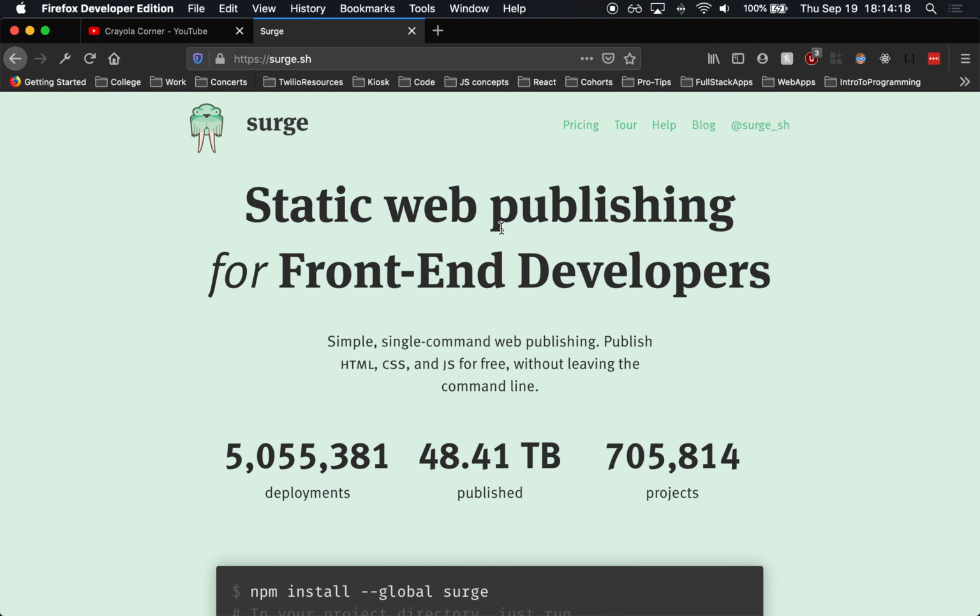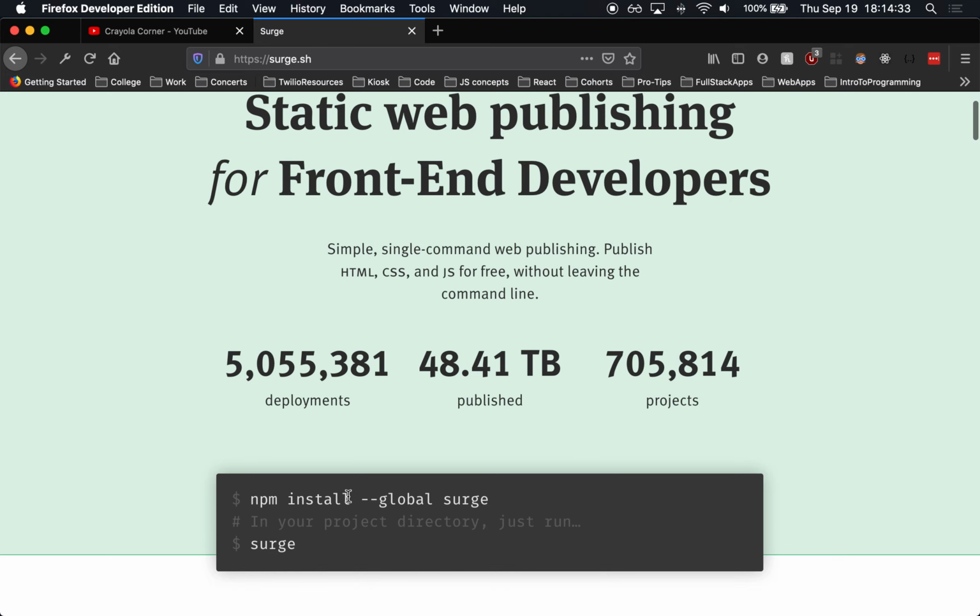I just wanted to show you this tool called Surge, which can allow you to deploy your front end with basically no problem at all. Surge is an NPM package you can install. So if you check it out right here, npm install --global surge or npm install -g. I signed up for a student account, and basically it allows you to host a website and deploy the site